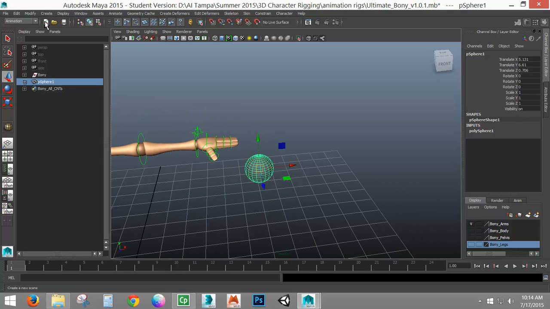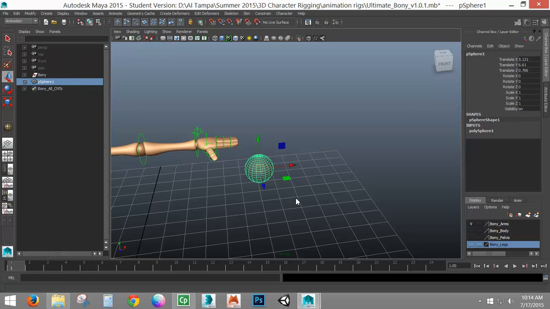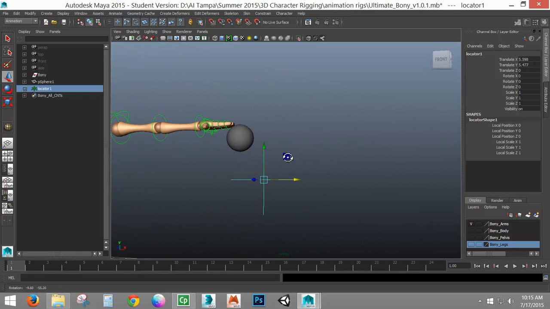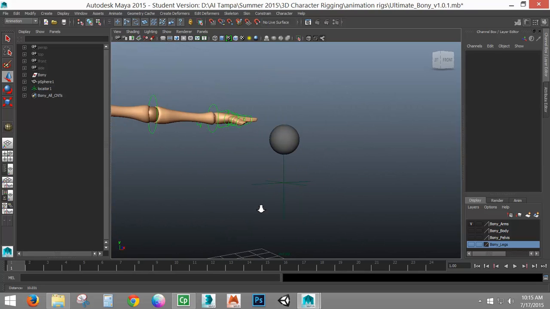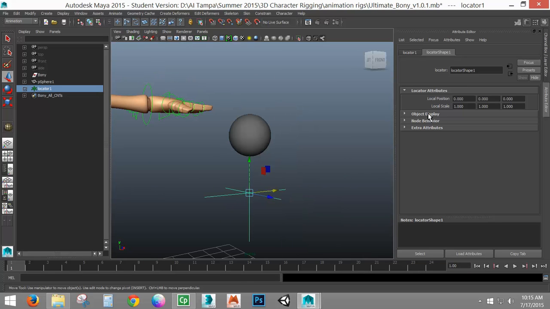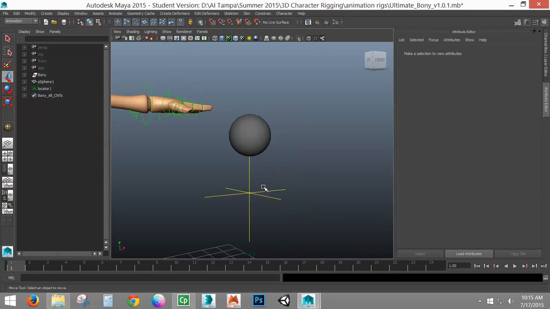And what I always suggest people use for these targets are called locators. And this is under the Create menu, and then down towards the bottom, Locator. What a locator is, it's basically a node, just a crosshair that shows a pivot point. And it doesn't have to be there, it can be over here. But it's literally just a crosshair thing. Again, it's kind of dark here. I'll change its color real quick just so you guys can see it better. And we'll do something yellow. Okay, so you can see it better. So we have a really nice little locator.